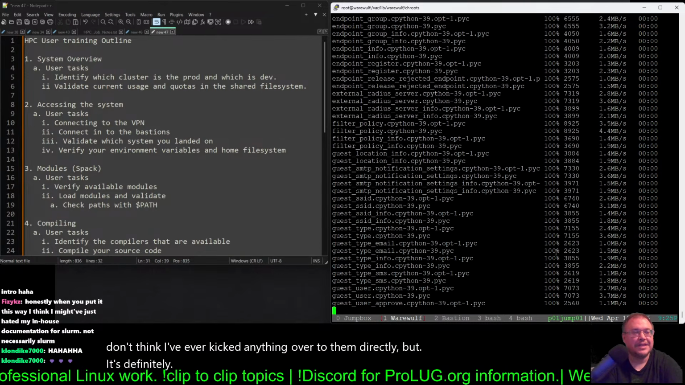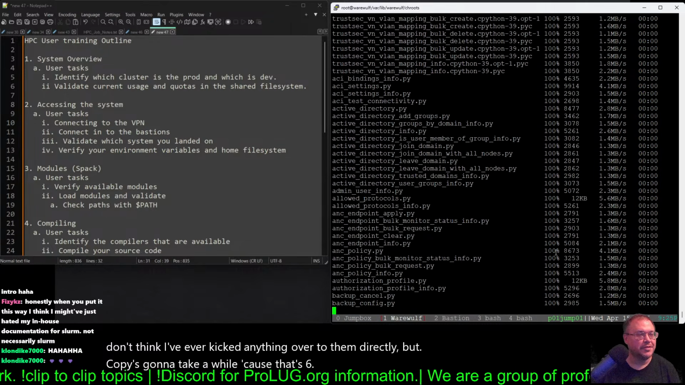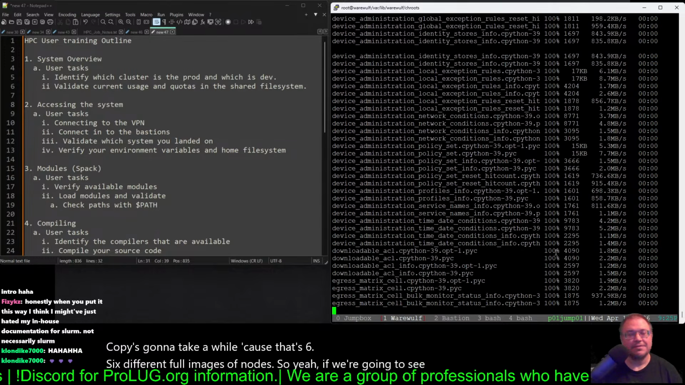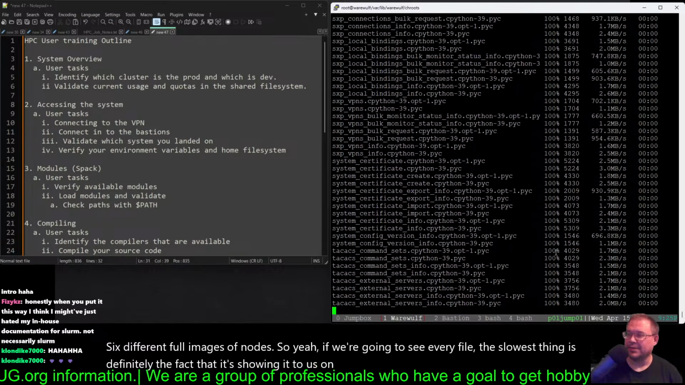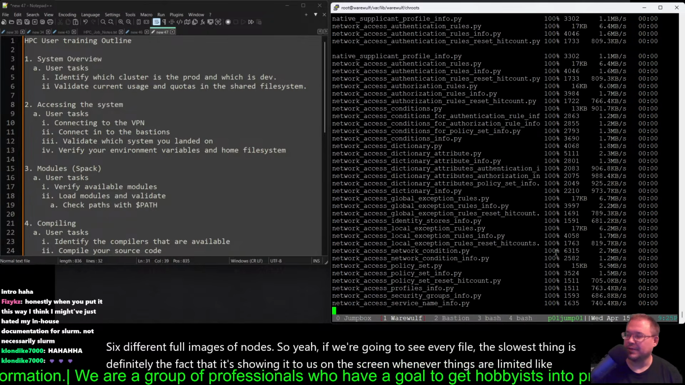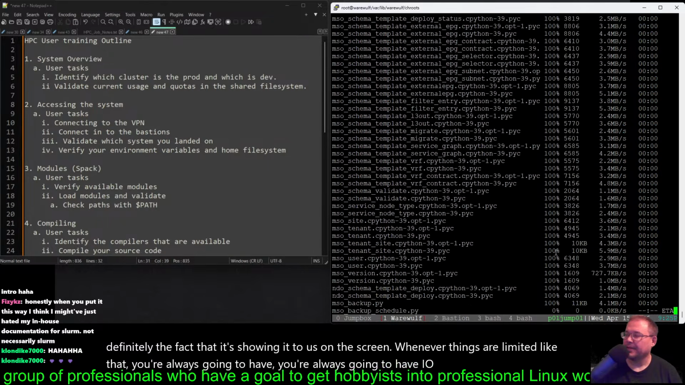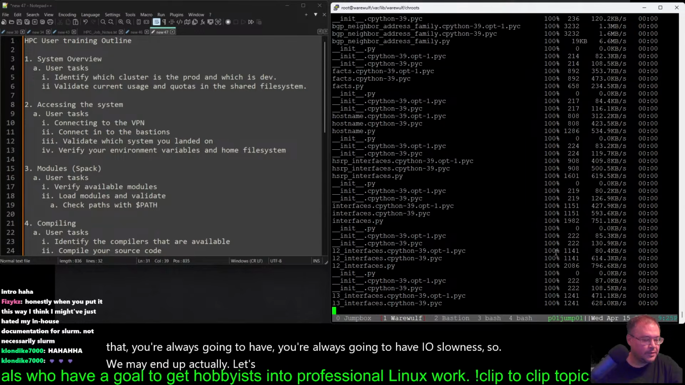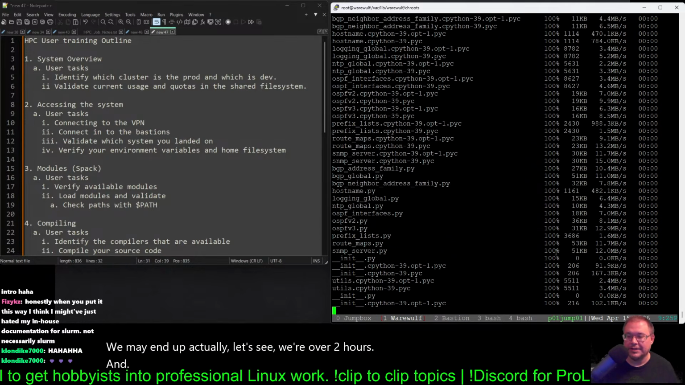The copy's definitely going to take a while, because that's six different full images of nodes. If we're going to see every file, the slowest thing is definitely the fact that it's showing it to us on the screen. Whenever things are limited like that, you're always going to have I/O slowness. So we may end up, actually, let's see, we're over 2 hours, and I don't stay up too much later than this anyways, but